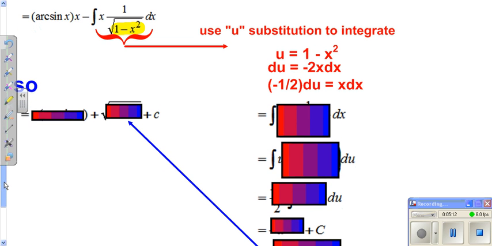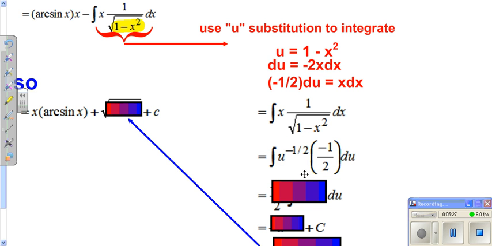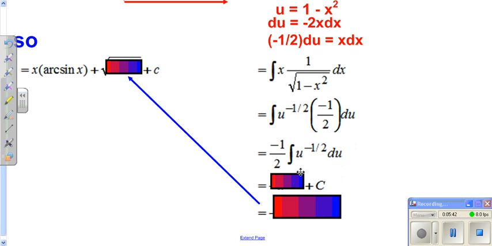So we really have the very first part up here we're not doing anything with, other than I'm putting the x in front. Then all we're doing is your u substitution on this. Well, when you're integrating that, using your u substitution, it's really just a negative u to the negative 1/2, because this is 1 over root u. Your du is negative 1/2 du, which you put the negative in front. Integrate, you get negative u to the 1/2, or negative root of 1 minus x squared plus c. That's what we're putting in here